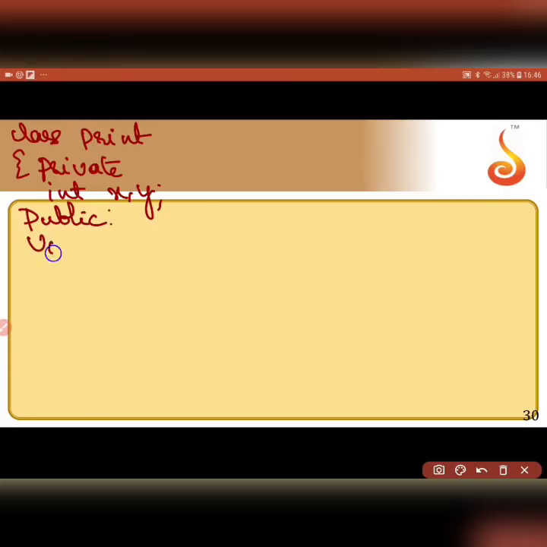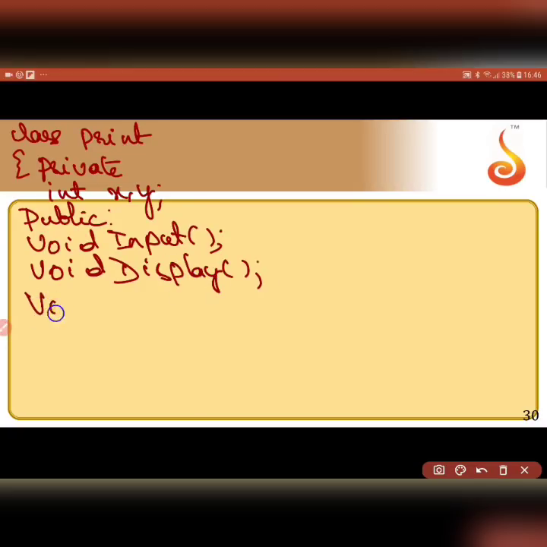One is void input, void display, and void show, and I am going to pass 2 integer values to it. This is my class. It has 2 variables x and y and 3 functions.